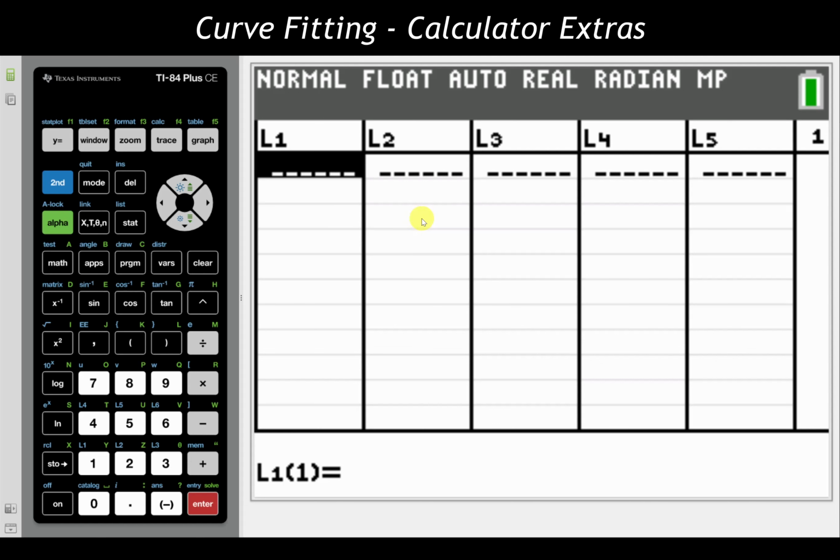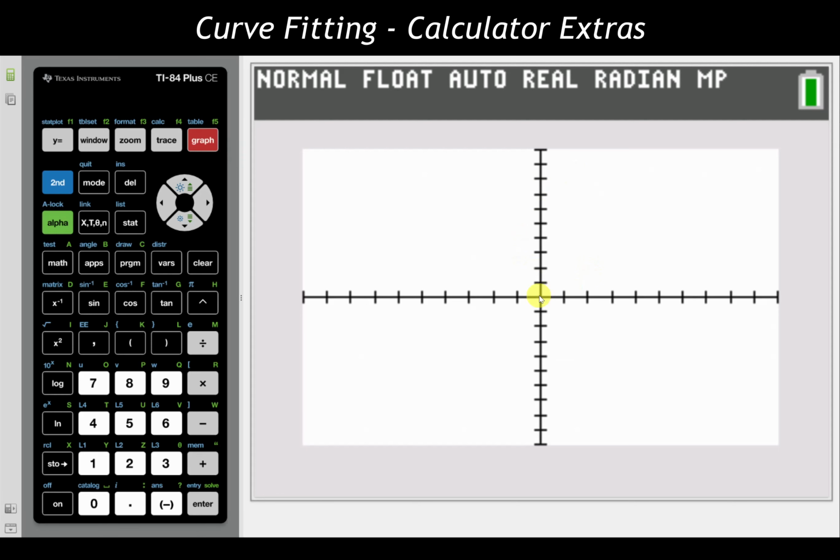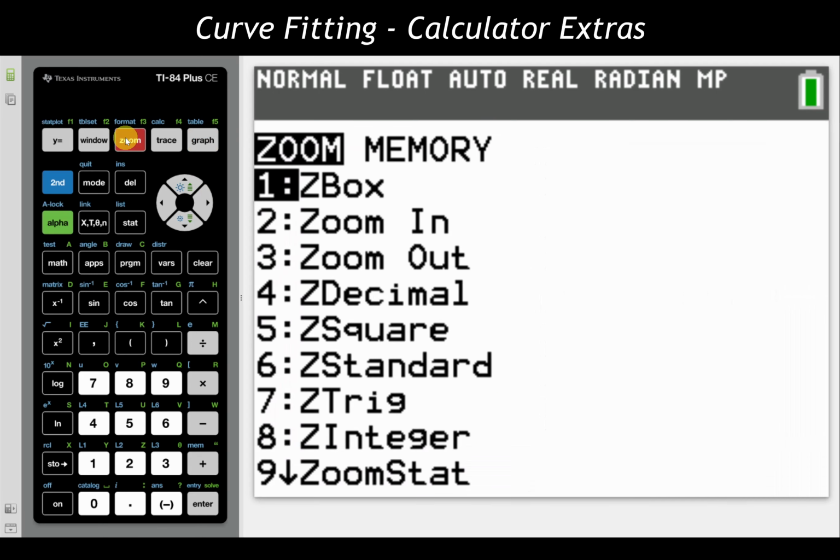The other thing that I wanted to note as well is if we have our graph set up, maybe things were previously set, I think we were over in this area with the graph options that we had. If you ever want to reset the graphing window back to the original thing, we're going to come up to zoom, and we're going to go down to ZStandard. It should be option 6 on most calculators. But that tells the calculator zoom standard, the standard box that we have this thing set up to. So we're going to scroll down to option 6 and hit enter.